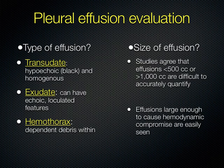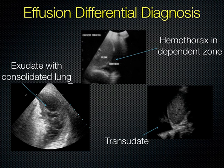But if you've got somebody with an effusion large enough to actually cause hemodynamic collapse, you need to put a chest tube in that patient right away. Luckily, that's pretty rare. Some other things you might see in the chest,